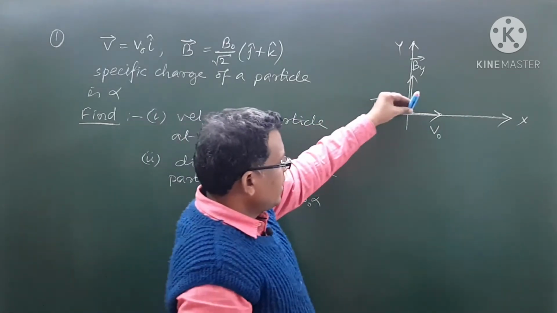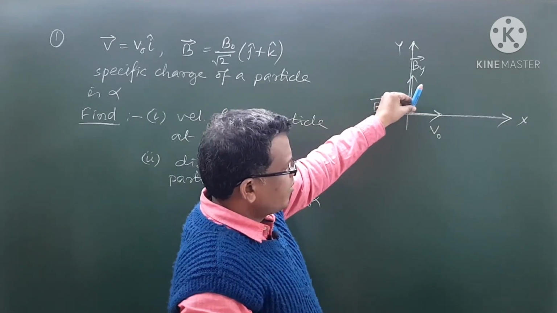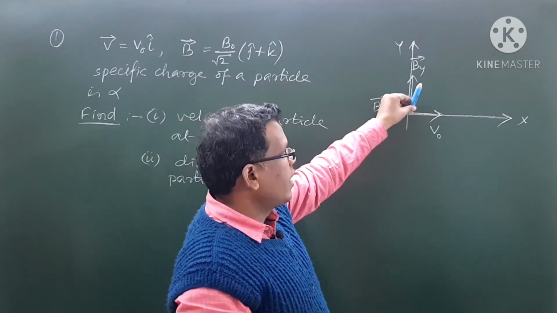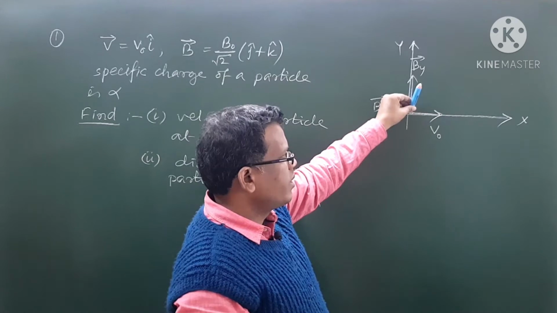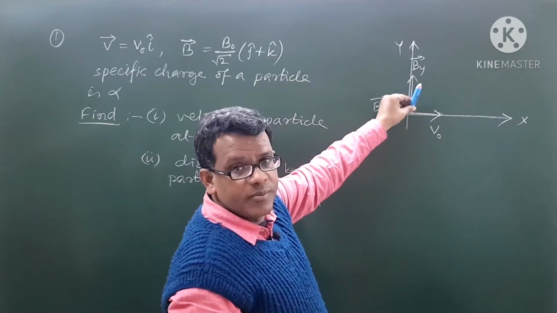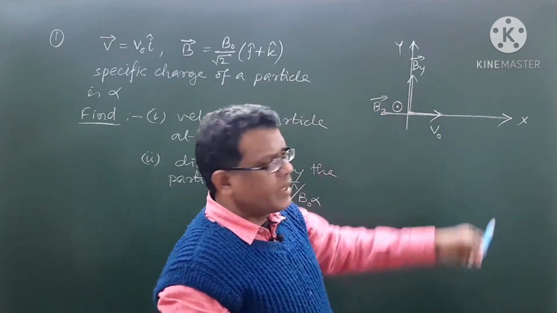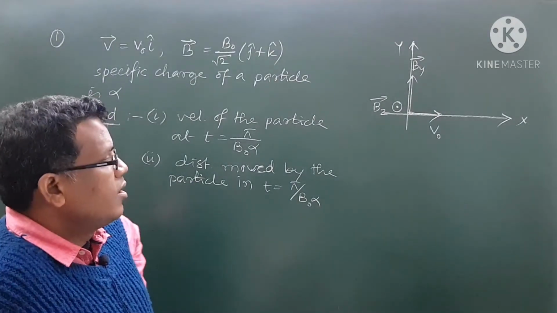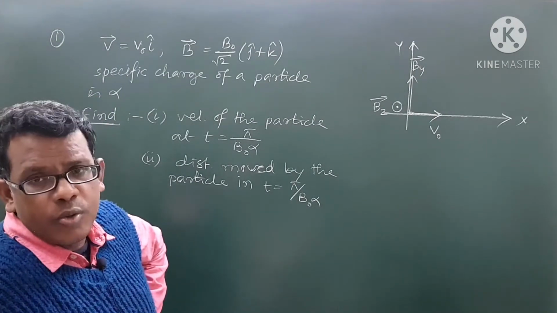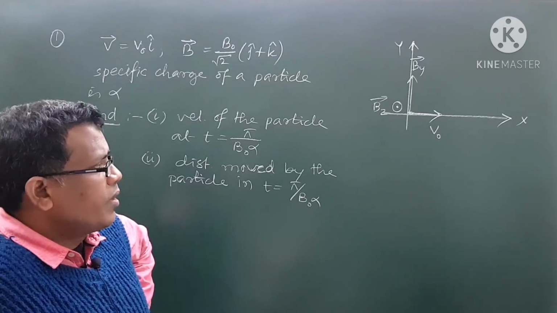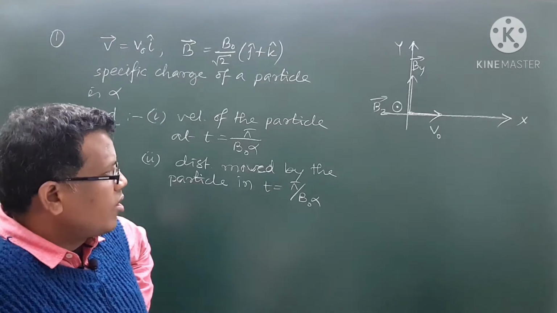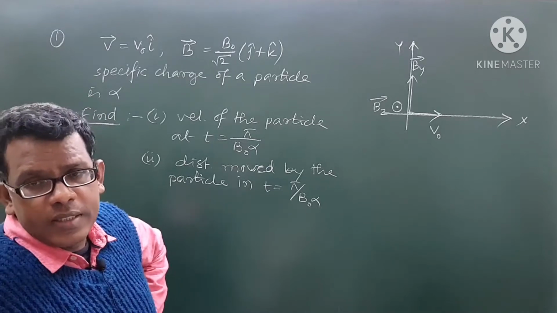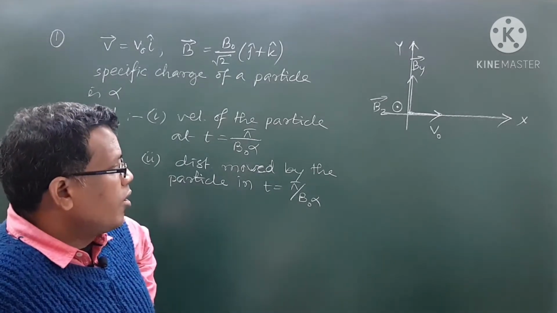On the YZ plane, it makes 45 degrees with both the Y component as well as the Z component. So ultimately the net magnetic field and velocity vector create one plane which is equally inclined with both xy as well as with respect to what? Xz. So circular motion must be taking place, because the resultant magnetic field lying on the yz plane will be perpendicular to the velocity vector, which is v naught i cap, along the x direction. So ultimately circular motion will take place. Got my point? Circular motion will take place.